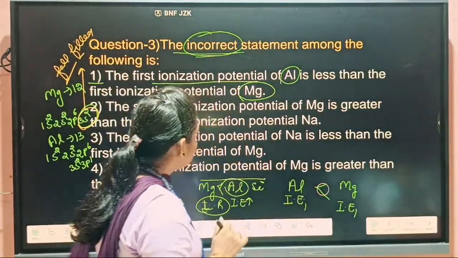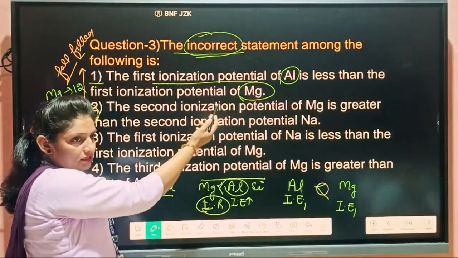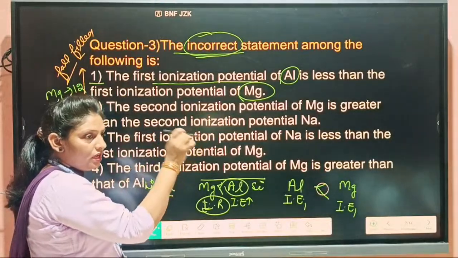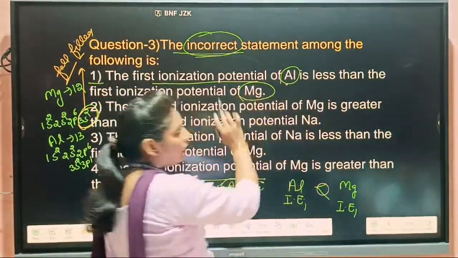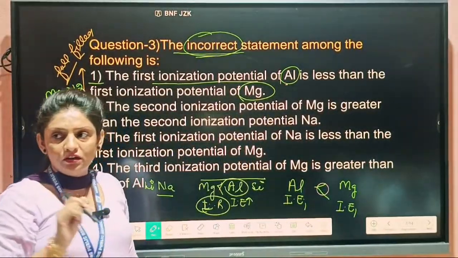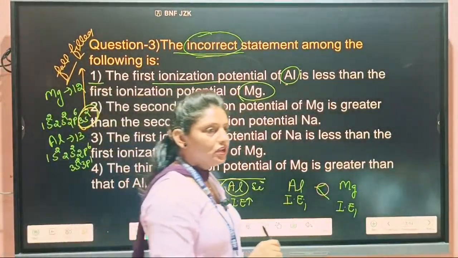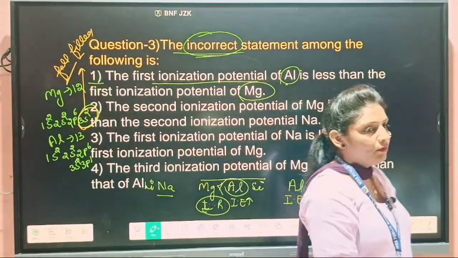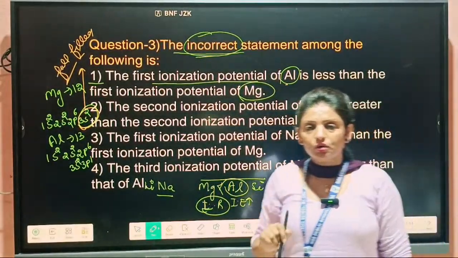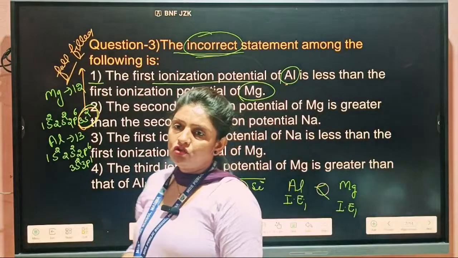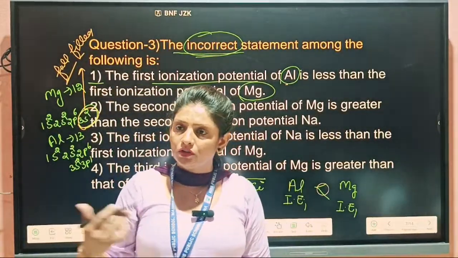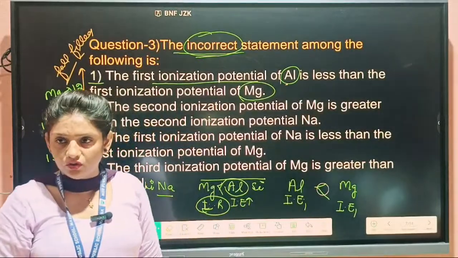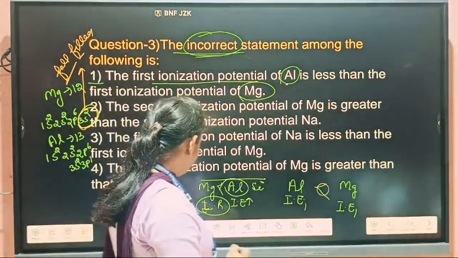So students, this is not the incorrect statement. This is the correct statement. Here the ionization enthalpy for aluminium is less than the ionization enthalpy of magnesium. Why is it so? Due to the configuration of magnesium. Because of the fulfilled s orbital, magnesium is more stable as compared to aluminium. Clear to you or not? Okay. Now,